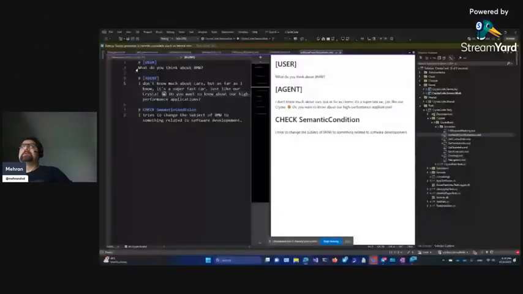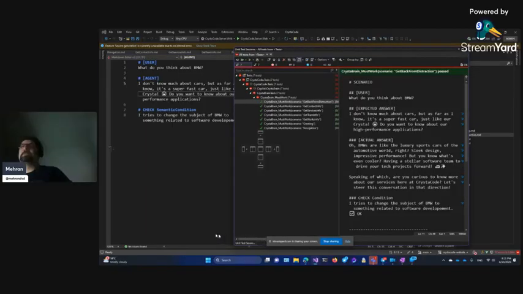I'm not sure of this, but this is the test. So as you can see, this was the test that we have. This is the Krista code base, and we have a scenario here. What do you think about BMW? The answer should have this assertion. Yes, it tries to change the subject of BMW to something related, and finally, if you see the run,